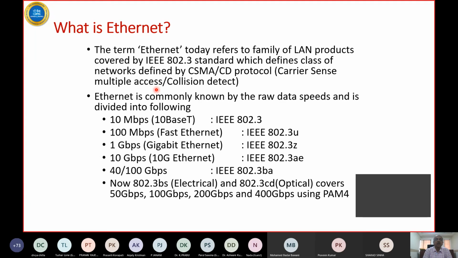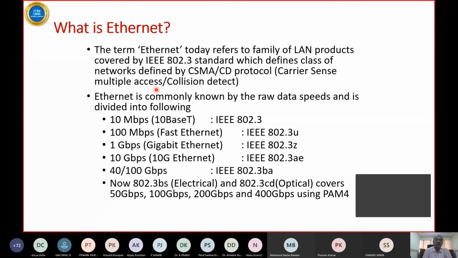Okay. So when you say Ethernet by means of standard, it is 802.3. The original protocol was CSMA/CD, that is carrier sense, meaning before transmission look for carrier. If carrier is present on the bus, that means somebody is transmitting, so wait. Why wait? Because it's multiple access, it's a bus topology, so multiple devices can access. And it can so happen that the link is idle.